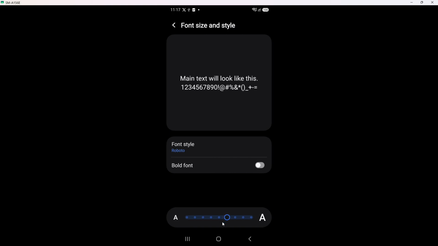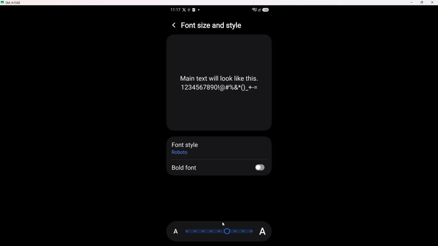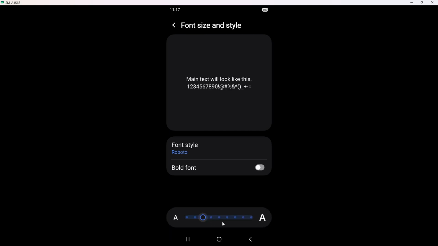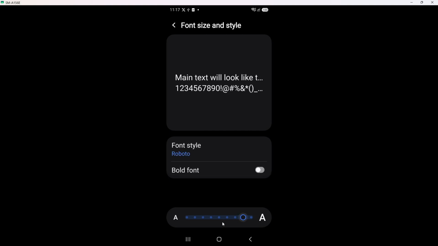Now move the slider to change the size. Drag it towards smaller if you want more messages to fit on your screen, which can be handy in busy group chats. Drag it toward larger if you want the text to be easier to read, for example if you often strain your eyes or use Messenger in bright light. As you move the slider, watch the preview text at the top grow or shrink in real time. Beginners often move the slider too far on the first try, so it can help to make small adjustments. Pause a moment, then check the preview again.